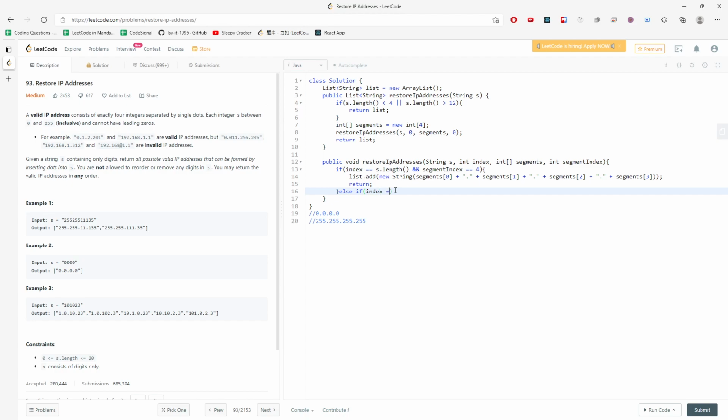So if the index is equal to s.length, or the segment index is equal to 4, you will also have to return. So this will be pretty much the base case. Then I'm going to traverse, for the length for each